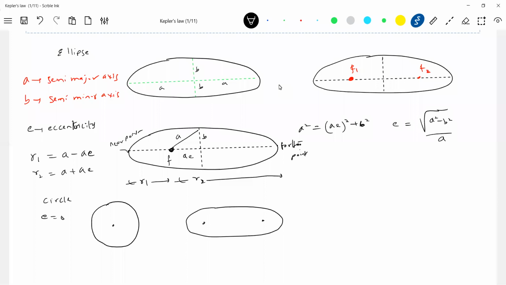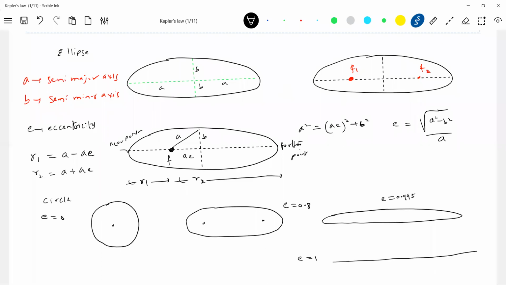This is for e equal to some rough value, equal to 0.something. Still it's an ellipse. Then if I make e equal to 0.99, and for e equal to 1, it will be a straight line. And we'll be discussing some problems like this, some application problems.